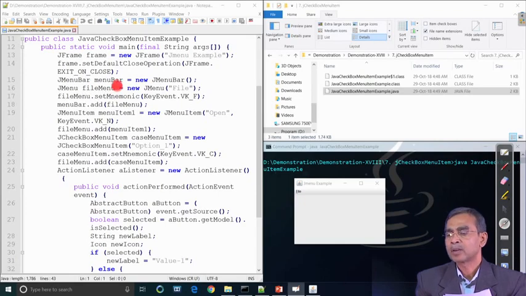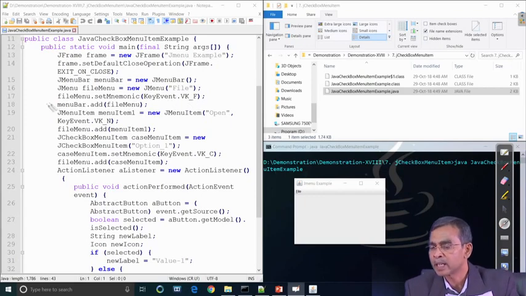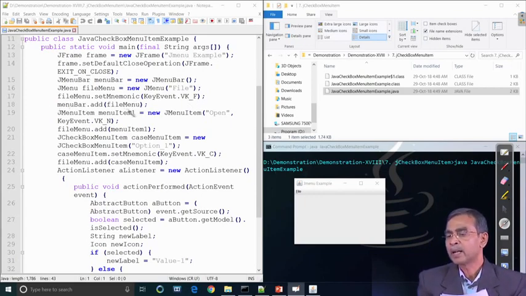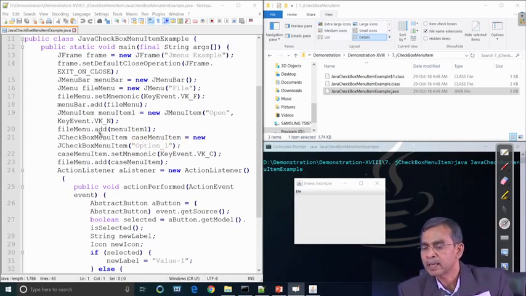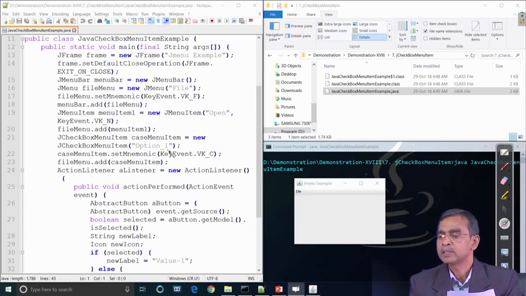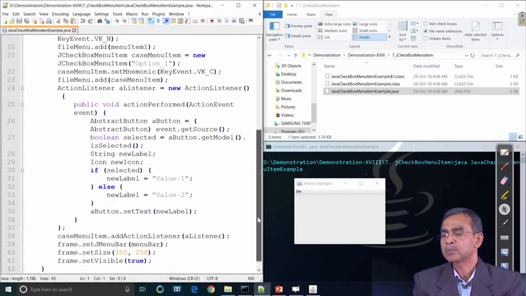We create the JMenu object, whose name is File, and then setMnemonic with a KeyEvent VK key, meaning that if the key event occurs, the function will take place. Then we add menu items like Open, a menu item created with one argument as the key event, and then we add this menu item, and then a JCheckBoxMenuItem, a new checkbox menu item, like this.